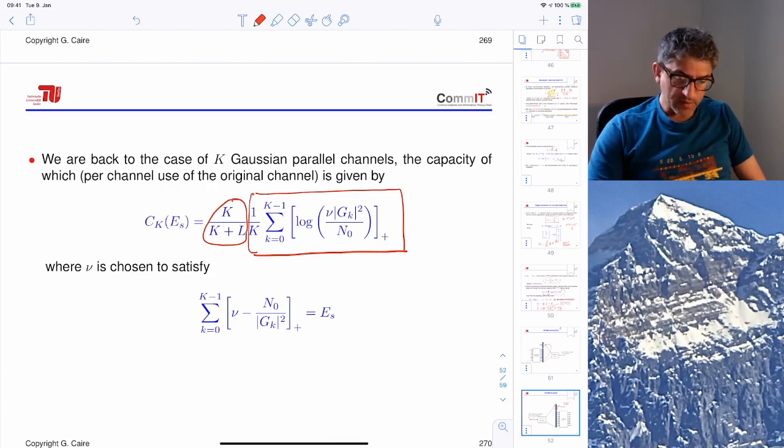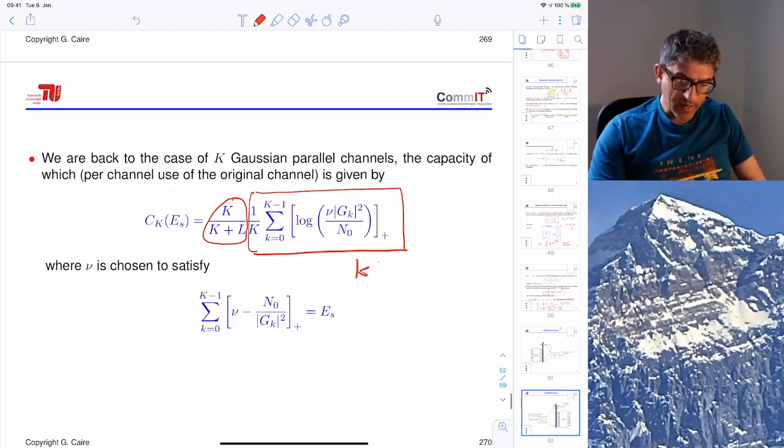You recognize here the same formula of the parallel Gaussian channels we have seen before. And then we have this penalty factor. This penalty factor is the redundancy to introduce the cyclic prefix. And of course, this penalty factor becomes arbitrarily close to 1 for K much, much larger than L,